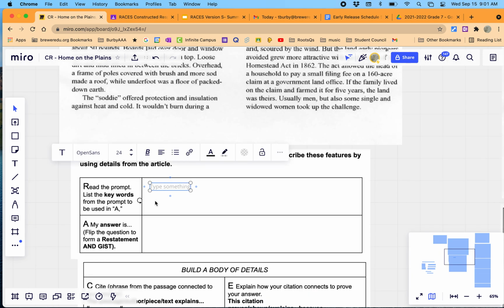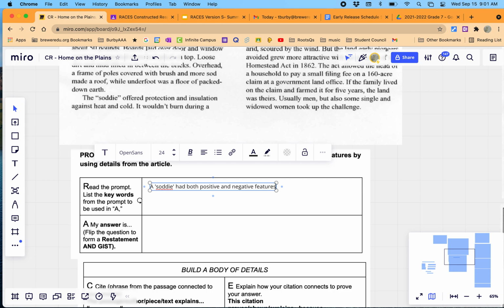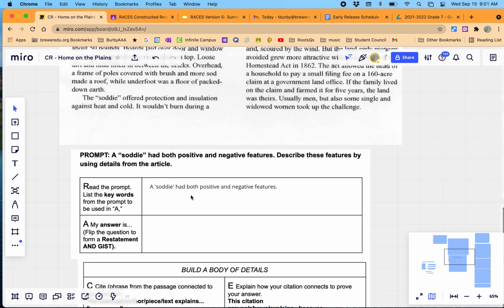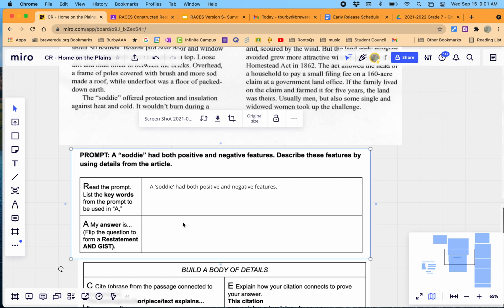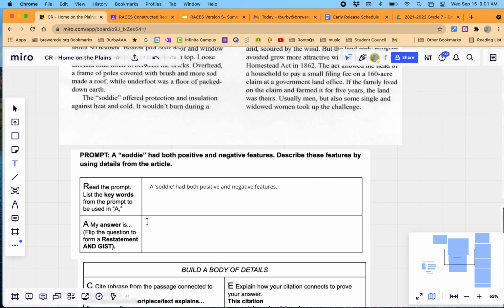soddy had both positive and negative features. Okay, and that works there. That's your answer for that. So that's your first sentence of your paragraph. And basically, you could say, my answer is, you're going to flip it a little bit, and you're going to say something simple like,